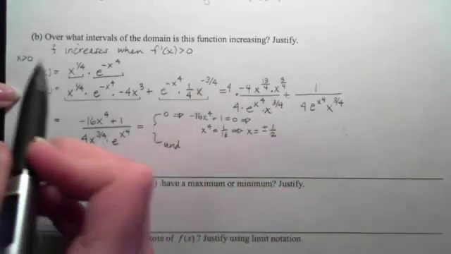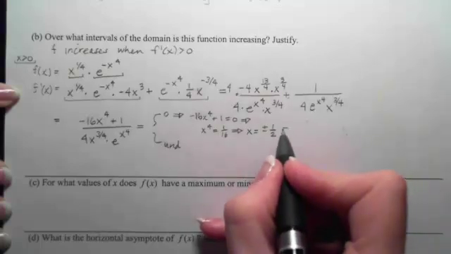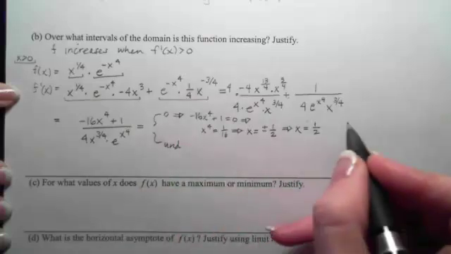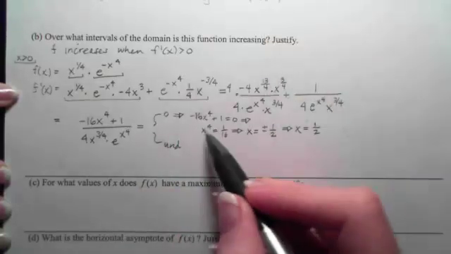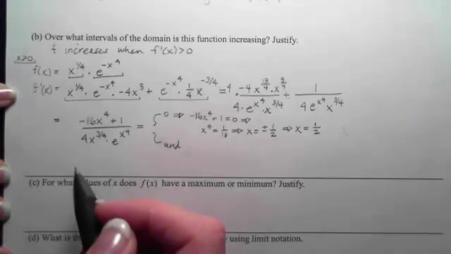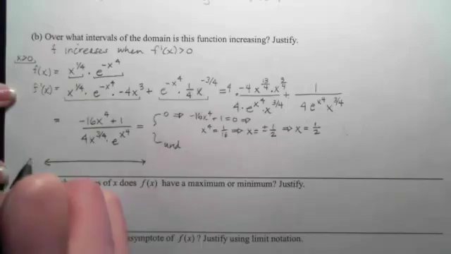Now bear in mind that this branch is only effective when x is positive. So really, we're going to get x equals positive 1/2 from this analysis. But because of the even nature of the function, we'll also go back and get the negative 1/2 on the other side. So to analyze when we are increasing and when we are decreasing,